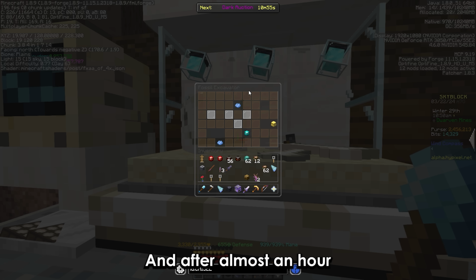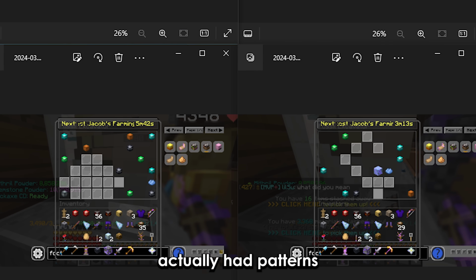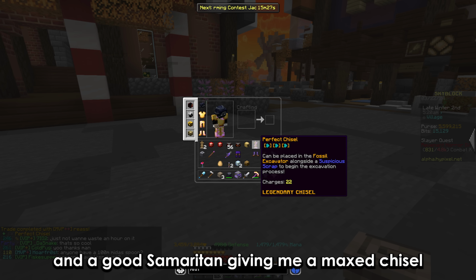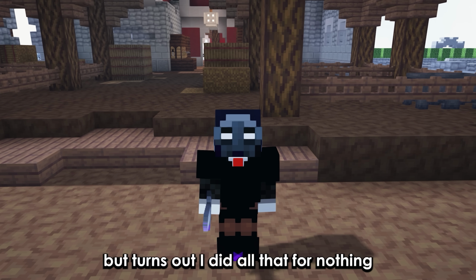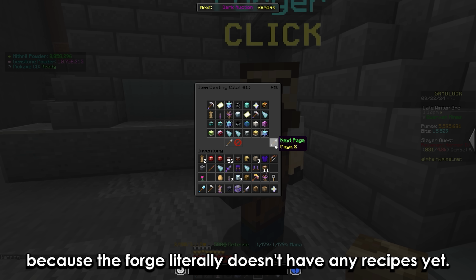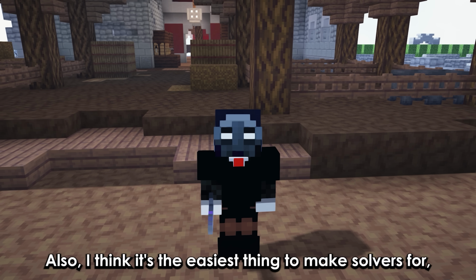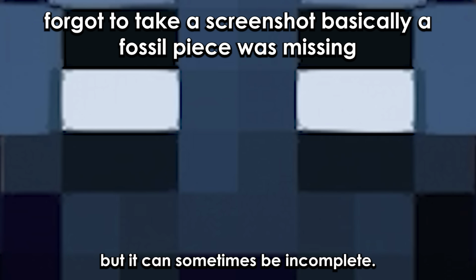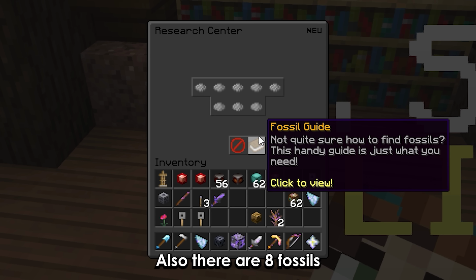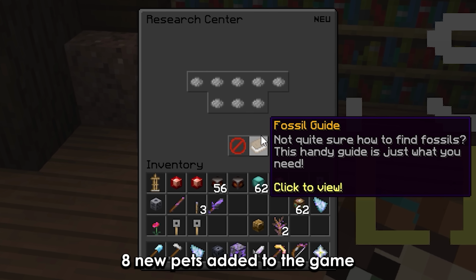And after almost an hour, I realized that all the fossils actually had patterns, and through hard work and a good Samaritan giving me a max chisel, I got the double spine drop. But turns out I did all that for nothing because the forge literally doesn't have any recipes yet. Also I think it's the easiest thing to make solvers for, but it can sometimes be incomplete, so that could be an issue. Also there are 8 fossils, meaning there are gonna be 8 new pets added to the game,